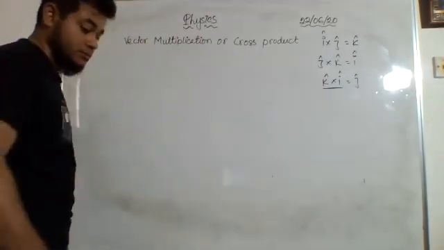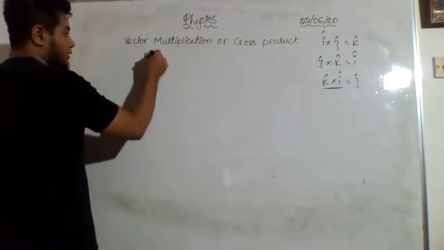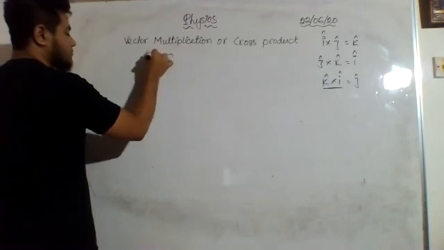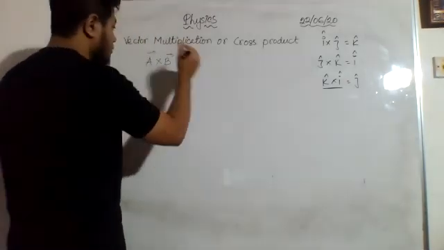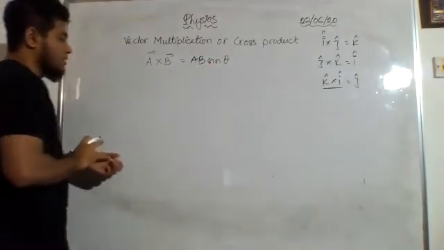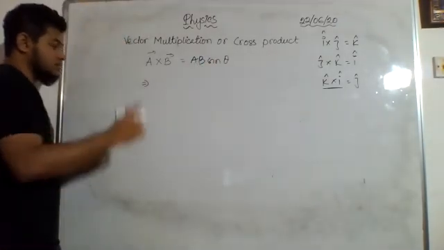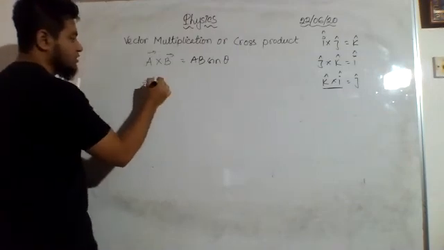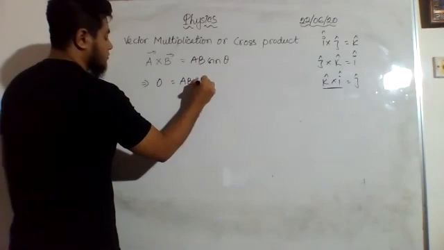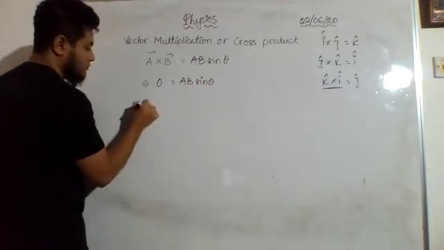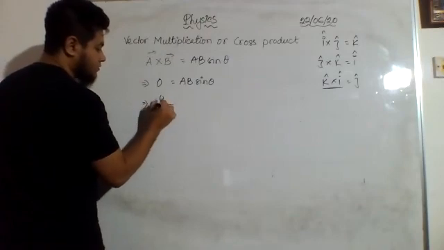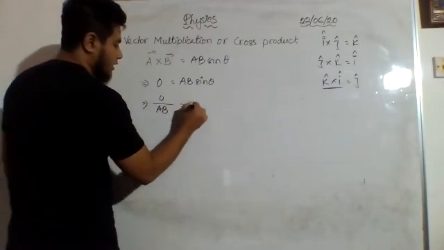Achha. Done. Now, we already know that A cross B is equal to AB sine theta by the definition, right? Now, let us say that A cross B is equal to 0. So AB, if I change the side, what will happen? 0 divided by AB. Ultimately, it is